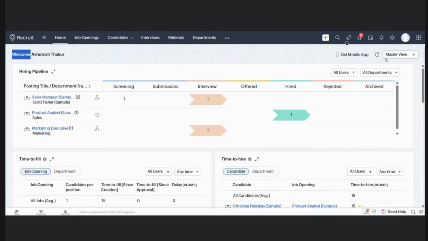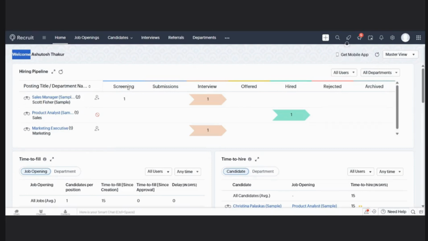And then we have something called the master view, which we are looking at right now, with different other pieces also that you'll be able to see, or you'll be able to filter out. Okay. So the first table that you'll be able to see is in terms of the job postings or the open positions that are there, and then you'll also be able to see the status of those positions,